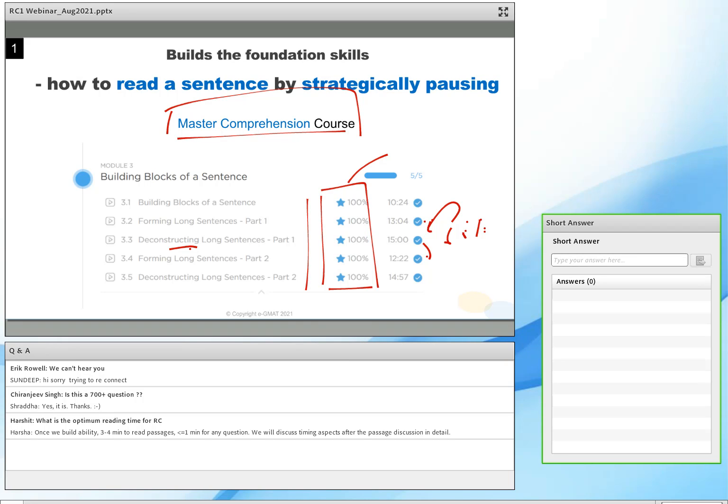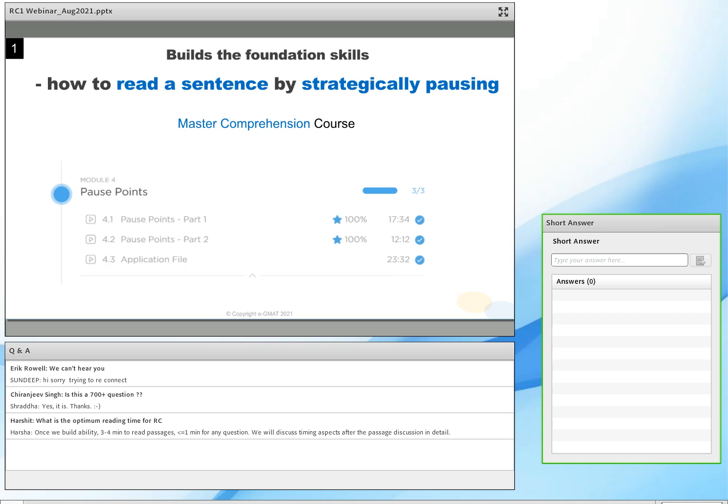So that feedback is there even in that concept phase, even when you're learning the concepts, not just assessments which come in much later. We have those as well, of course. So you understand how to deconstruct long sentences. You understand where to pause. You realize